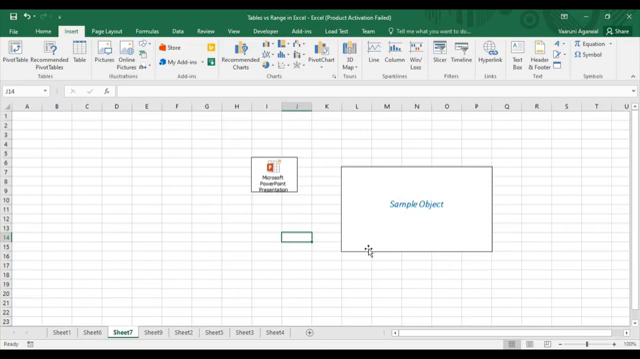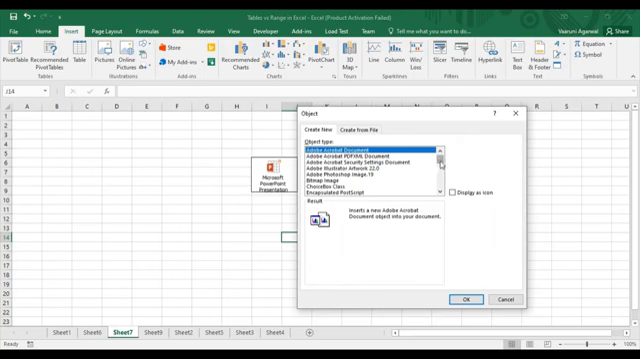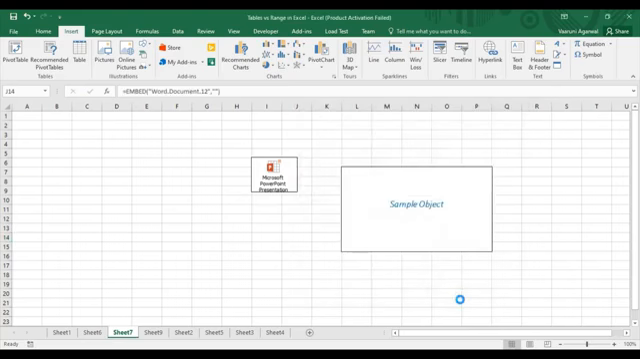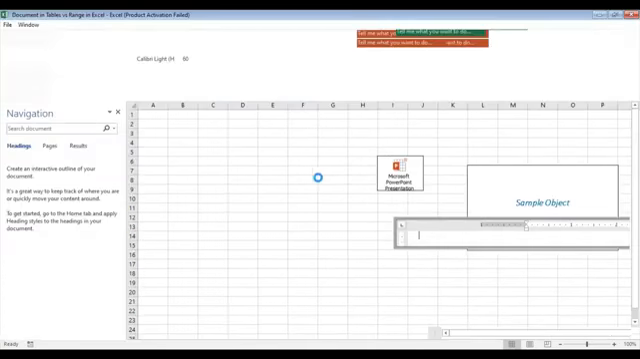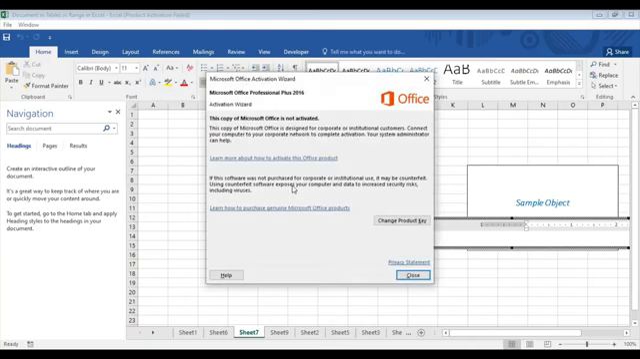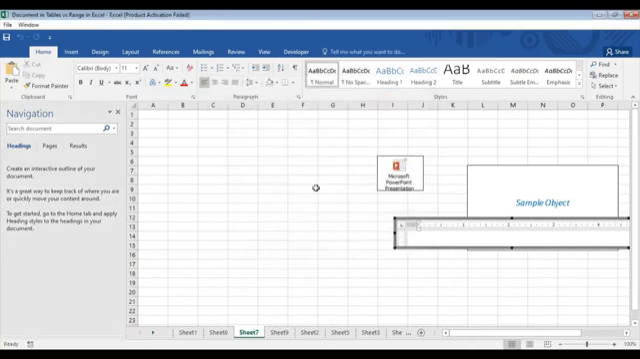But what if you want to insert an object of any other type? Then you can insert it of any other type, but make sure it is of the same type that is being listed over here. So it is advised to always check it, as I have already told you. Now I want to insert this Microsoft Word document, so I'm just going to go with it, and you can see that now my Excel has actually changed to Microsoft Word, and this is the page that we have got,